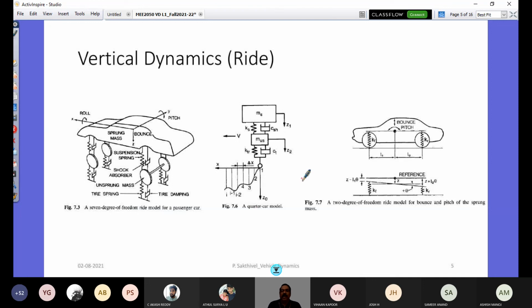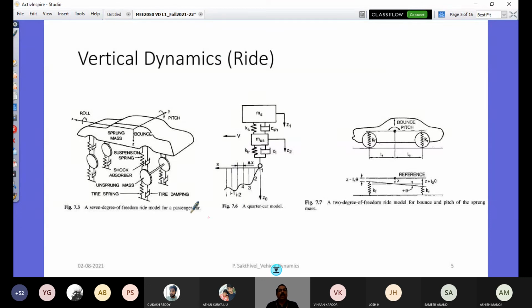Once you have that fundamental governing equation, they are ordinary differential equations. There would be a forcing function that comes from the road, and then you would be able to find its natural frequencies, its amplitude ratios called deflection shapes, and so on. All because you would have in first hand, to kickstart the course, learning of fundamentals of mechanical vibration. That's placed in the first module I'm going to teach you, and then we'll get into vehicle dynamics aspects. So this part is what is called vertical dynamics.